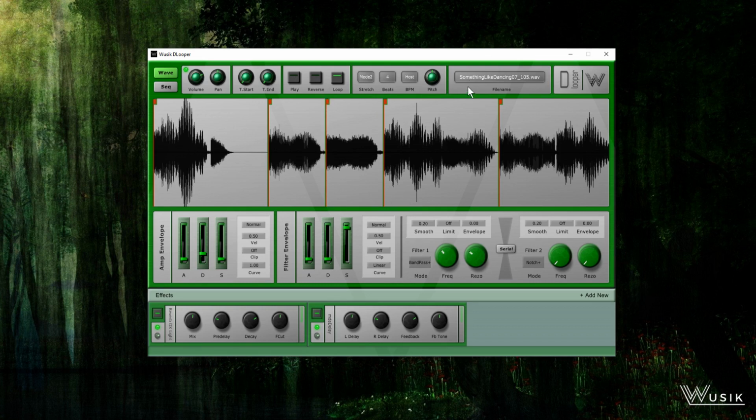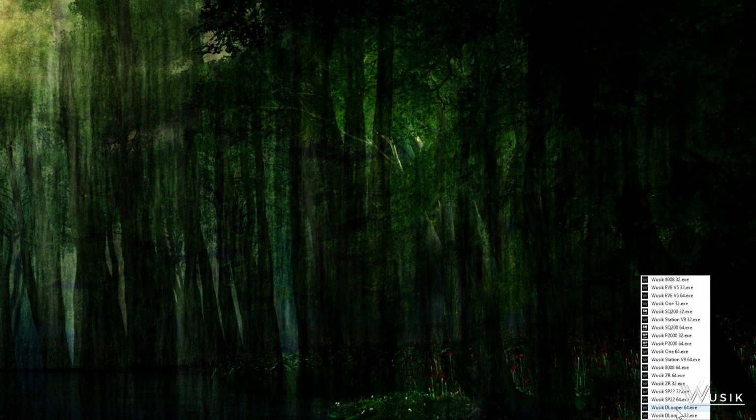You can see here I'm loading from something like dancing. And it's using my host tempo, which is 120 beats per minute on this standalone version. But you can change the tempo here if you want. The lowest is going to be the host one. And let me close it and open again, just so you have an idea what it is to start up